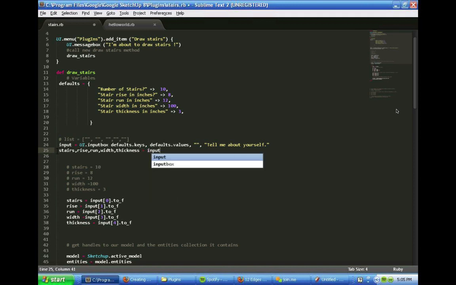And what that'll do is it's like saying stairs equals input 0, rise equals input 1, run equals input 2. So it's really nice. If you know that you're going to have an array, you can do that. But of course, you're not doing the to float conversion. So let's do another Ruby convention here, which is a Ruby method: if you say dot map on the input,